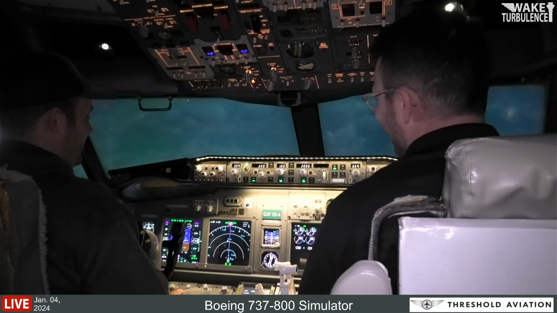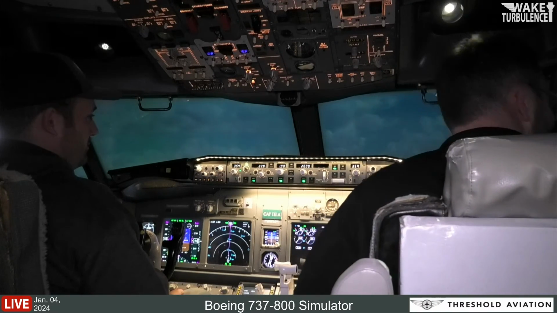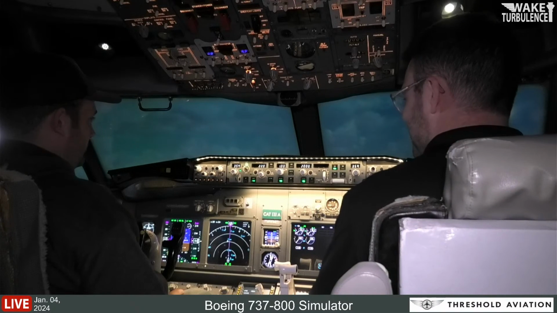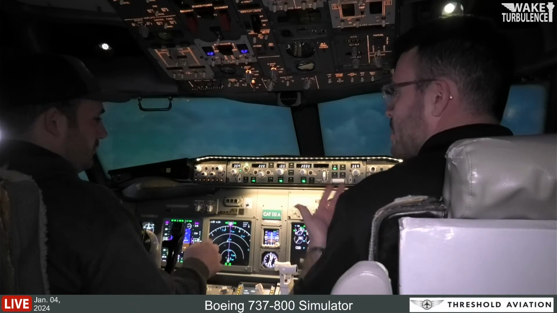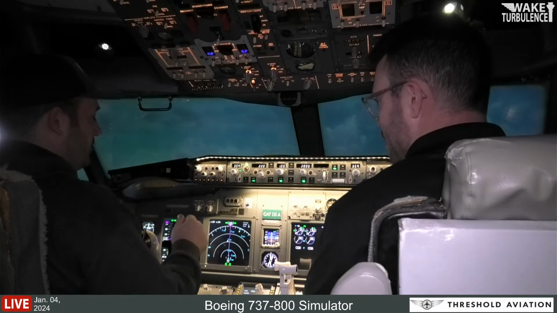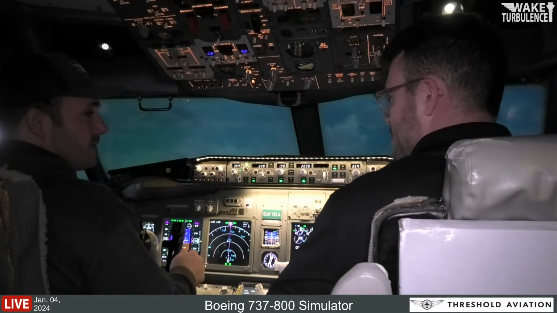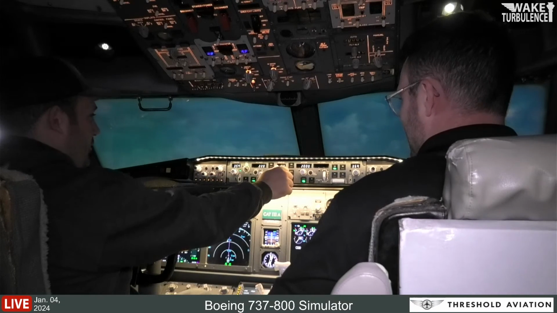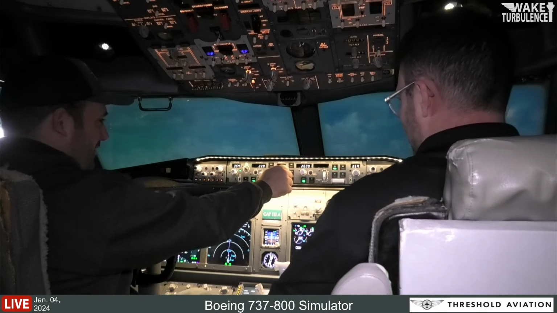Don't worry, everyone. I think we're in the right spot. Turn, yeah, although we should probably slow. I would tell you: Canada 123, turn left heading 010, reduce speed to 190 knots. Heading 010, 190 knots, Canada 123.